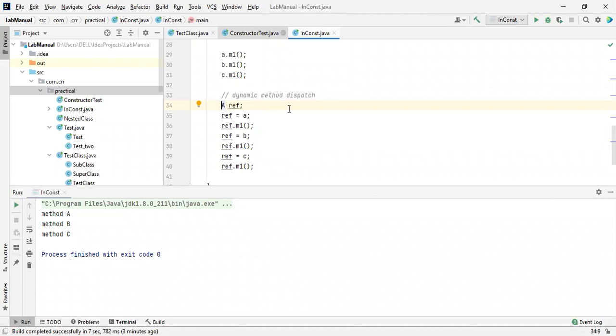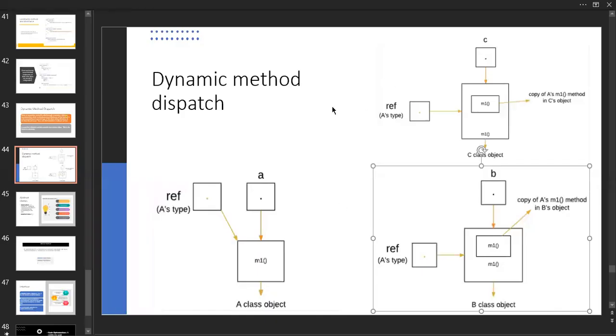Okay, let me share the slide with you. So this has been achieved. So what is finally the dynamic method dispatch? While we are overriding methods that have the same method, we call it the overriding concept. So these two things are overridden by using this method. In the sense of the inheritance concept, we get dynamic method dispatch, which happens at the time of runtime. Okay, here nothing else, it is a simple thing.